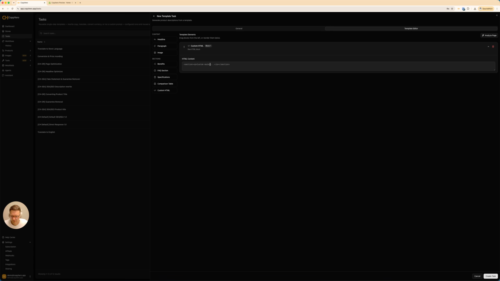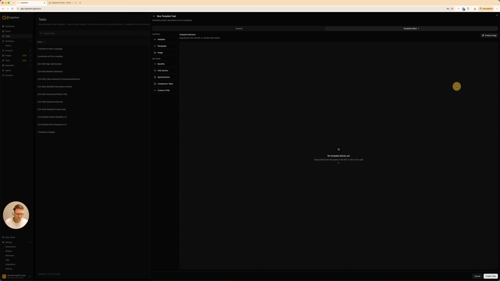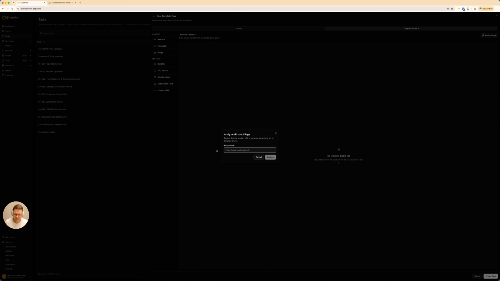You can basically do everything you can do in HTML here. What you could also do is click on Analyze Page and put the link to a product page from your store here. And what this will do is use AI to generate a layout based on the product you have listed